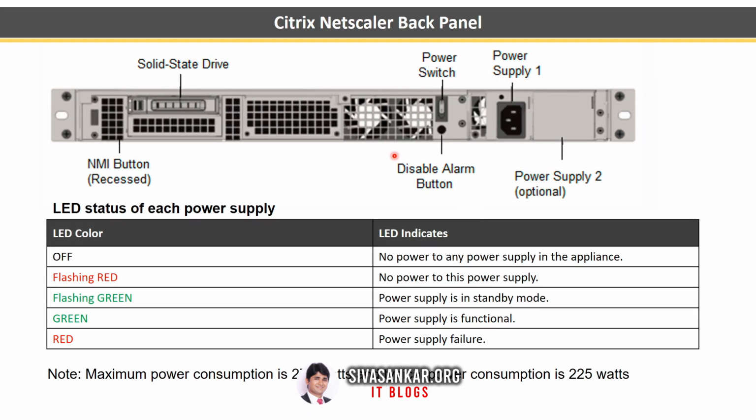Back panel, it's not really big actually. There are only two things in the back. On this side you have the hard disk, you have a clip here, you clip, you remove. Now this is very important to know about the hard disk. Generally Citrix Netscaler will come with Samsung SSDs. This is what I have noticed most of the time, but it might come with different SSDs also.